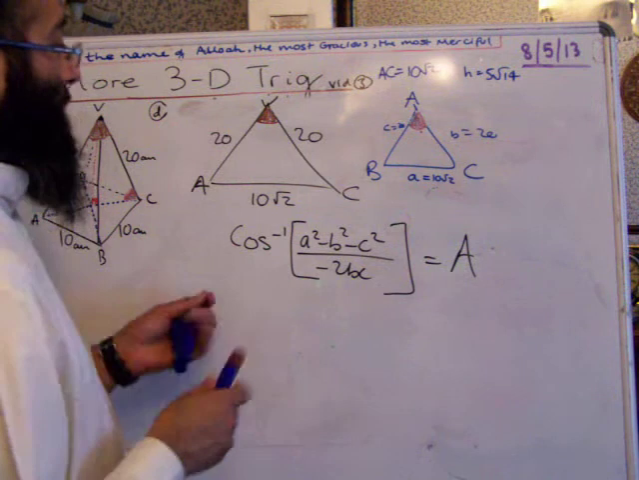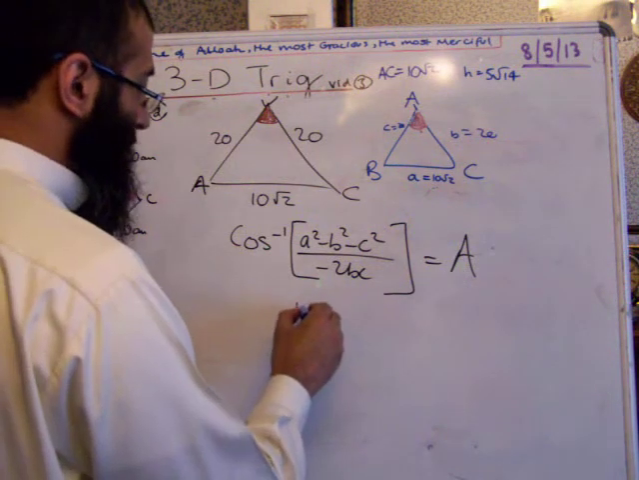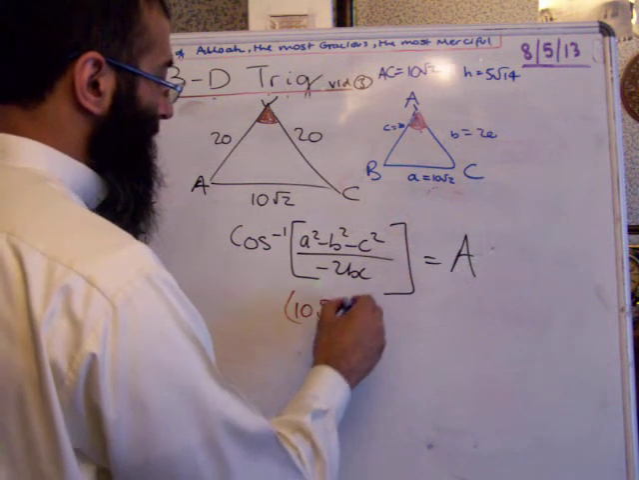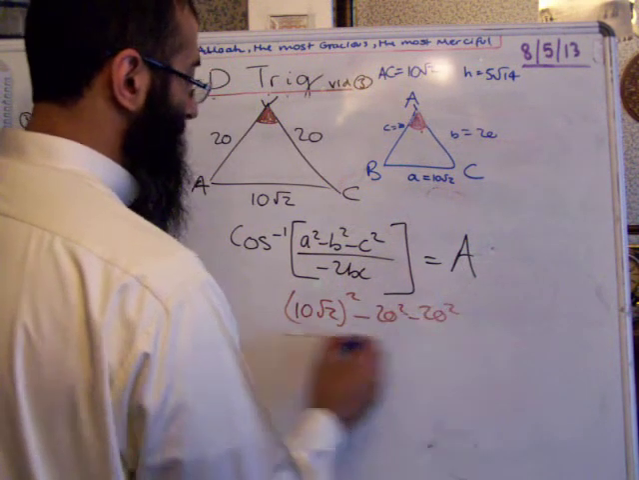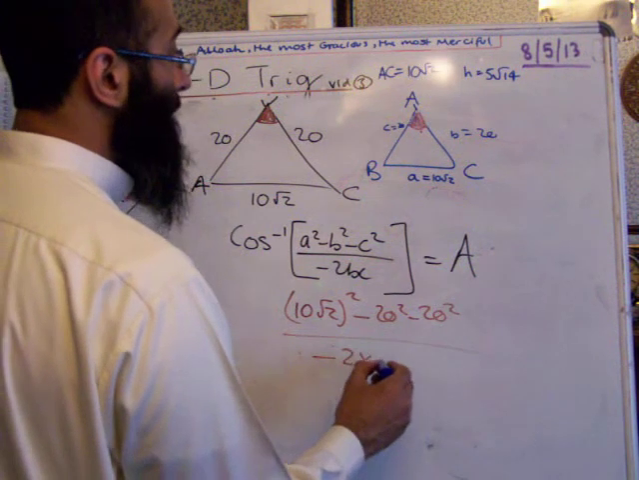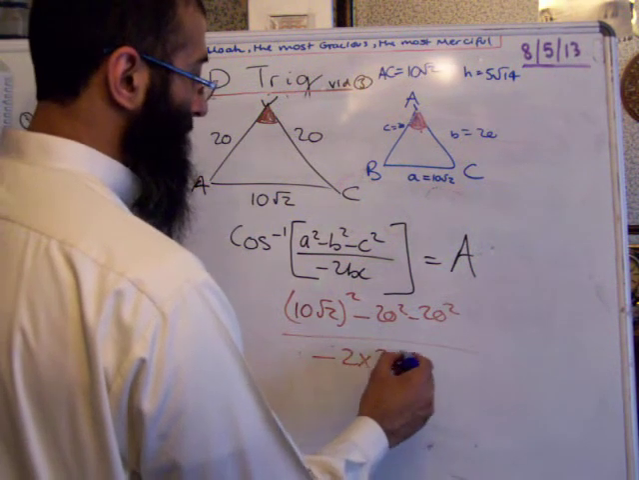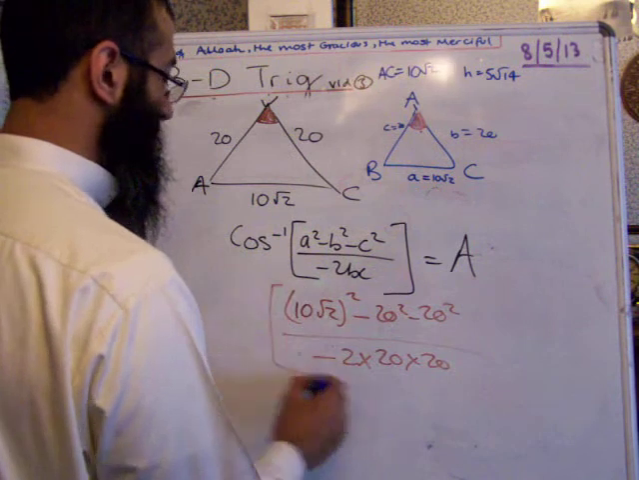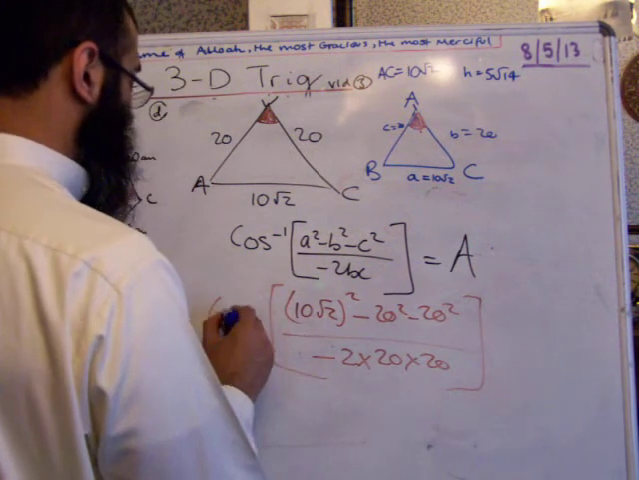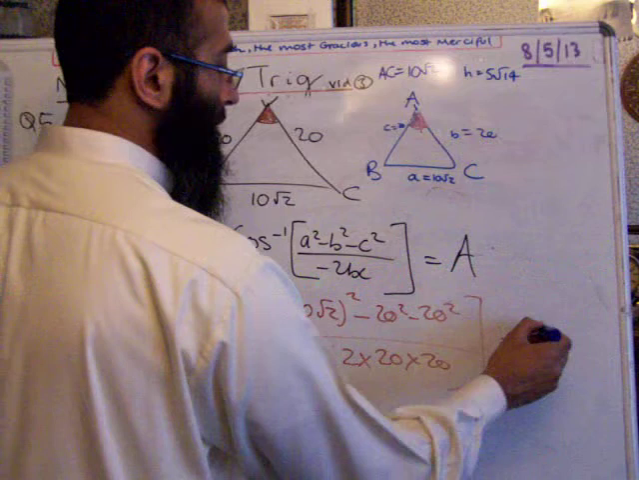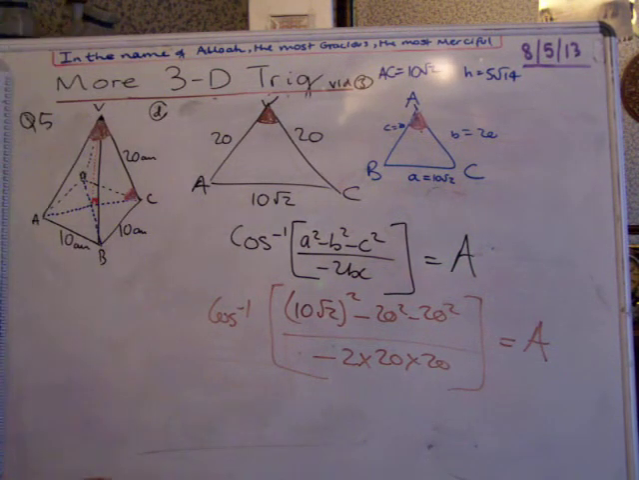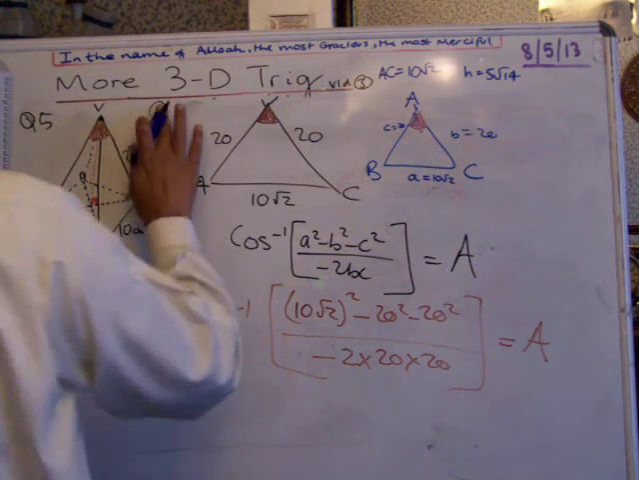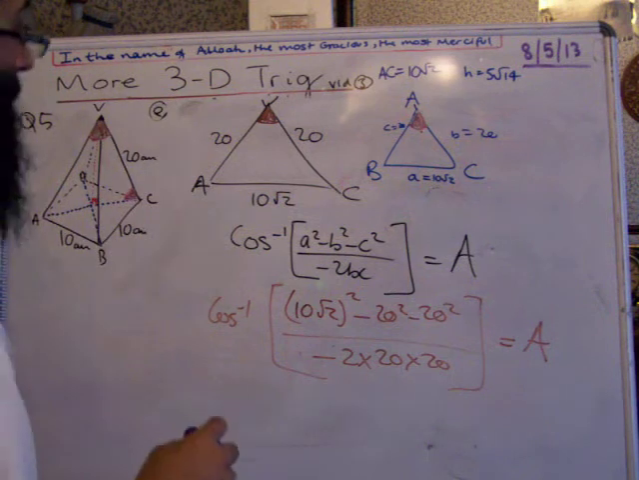So, our values, please, folks. Right, we have A squared. So we have 10 root 2 squared minus B squared, which is 20 squared, minus 20 squared, divided by minus 2 times B and C, which is 20 times 20, and all of that has to be cos to the minus 1, and that will give you A. So, right, that's the last part of that question. Question 5, part E. The answer to all of that is